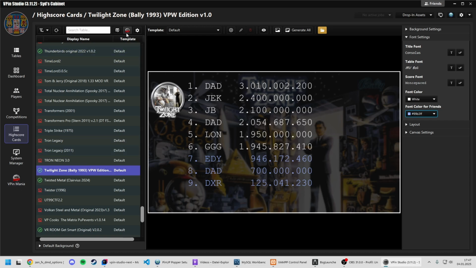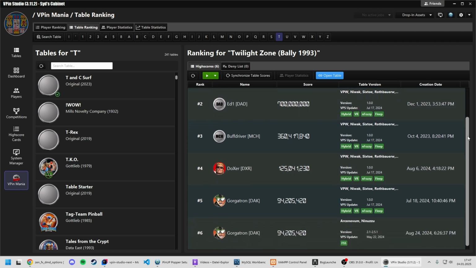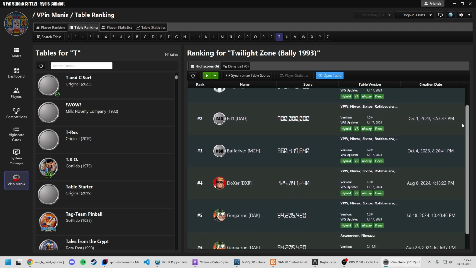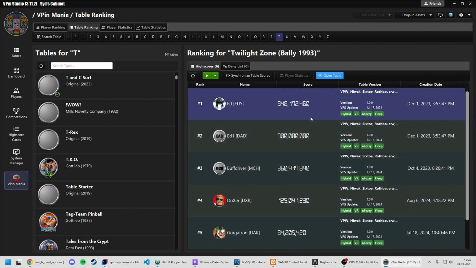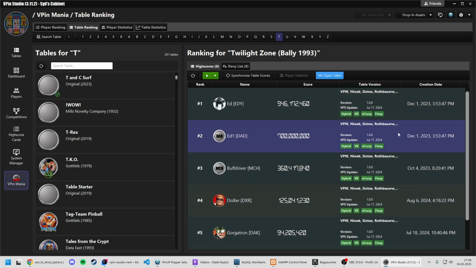For example, we can here switch to the VPin Mania entry. There's a separate button for it, and see the current scores. And here you see that also Ed has a default Highscore submitted, and I think one of my test accounts accidentally also got online and messed up a lot of demo data. Anyway, to solve this issue,